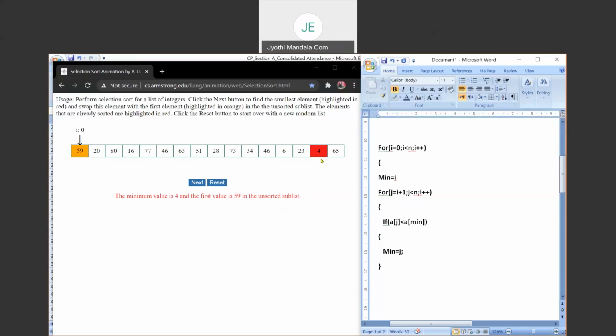So this index is stored in min. What we need to do? We need to do the swapping. How can we do the swapping? The swapping can be done by writing like this. This loop will be repeated continuously. See, if you have a single statement, no need to put the braces like this. Got it? Now for all these iterations, crossing all these, you will get the minimum